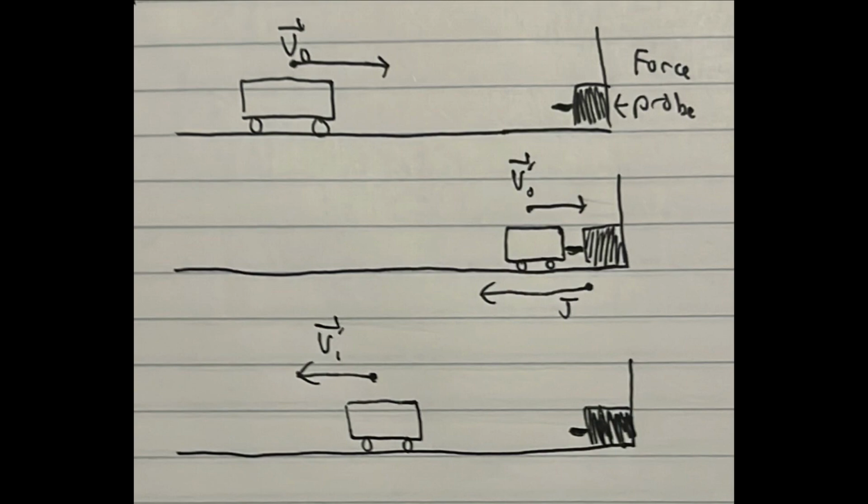Unfortunately, I do not have access to any videos of our trials during the impulse momentum theorem lab, so these diagrams will have to suffice. First, we push the cart along a nearly frictionless track towards a force probe. When the cart collides with the force probe, the probe will enact an impulse on the cart, thus changing its momentum. The final momentum of the cart after the impulse can be seen in the third image. For each trial, we would repeat this process with varying initial velocities and masses.